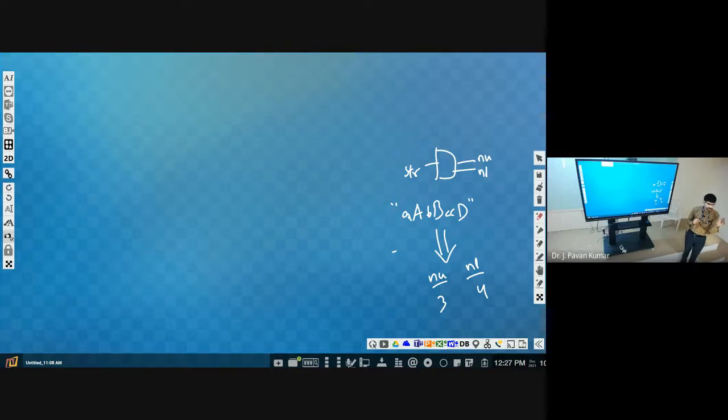For small a it is 97, for capital A it is 65. So if it is within that boundary, that is 65 to 90 or 97 to 122, okay, 97 to 122, if we have the ASCII code in 97 to 122, then we can say it is a lowercase letter. If it is 65 to 90, then we can say it is an uppercase letter. So accordingly we will be updating.